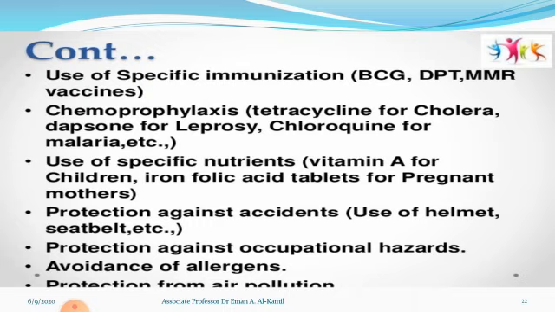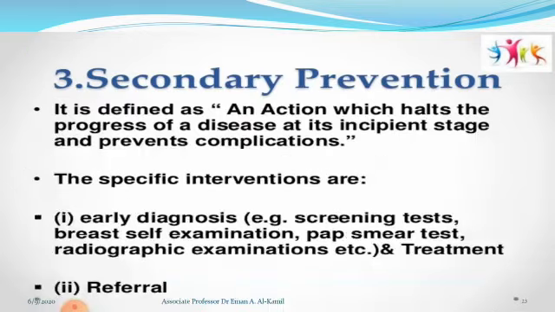Protection against accidents, such as we mentioned, the use of a helmet or the seat belt, protection against occupational hazards, avoidance of allergies, and protection from pollution. Secondary prevention is defined as an action which halts or prevents the progress of the disease in its incipient stage,